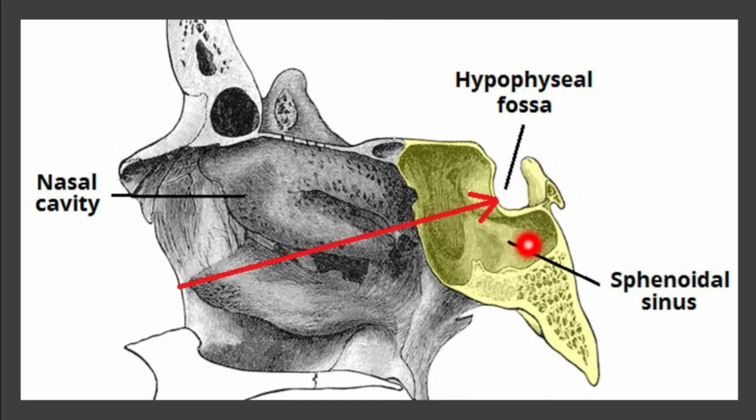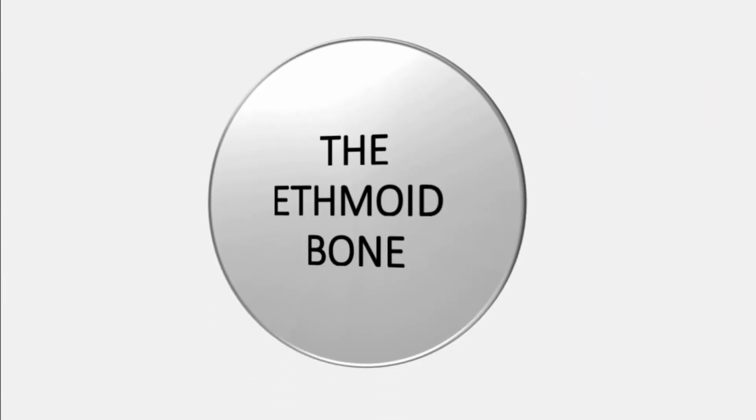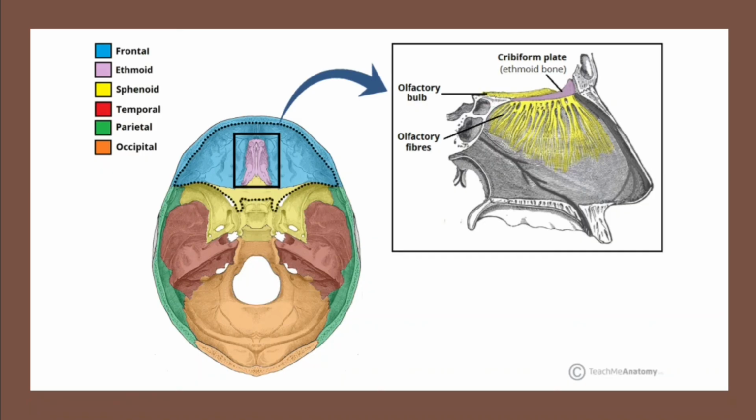Here there is a sphenoid sinus, right? Okay, don't worry about this whole part. We are going to talk about it in just a second. In the ethmoid bone, right? So the ethmoid bone is going to be our last bone we are going to cover in this lecture. All right, so here you can appreciate in a general way how it lies, right? So this one is the sphenoid, this is the ethmoid bone,